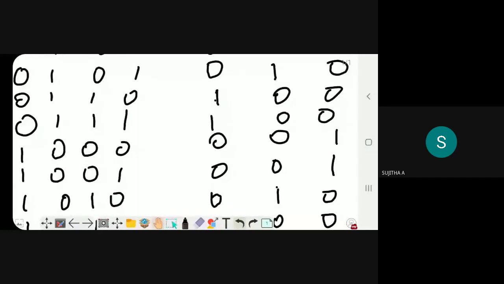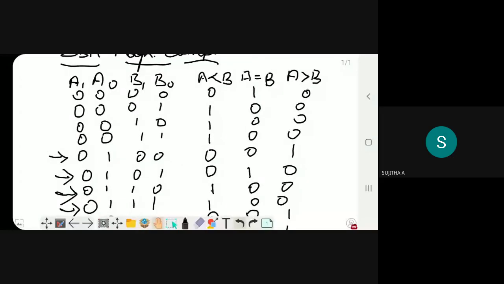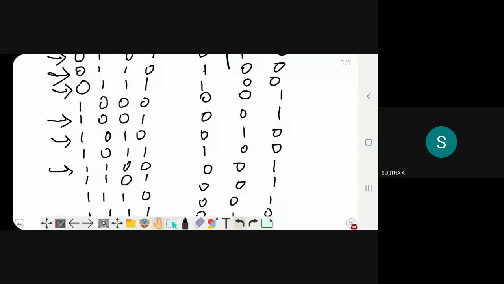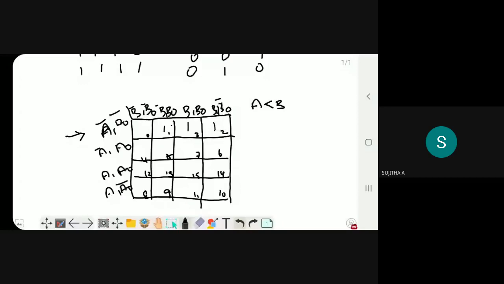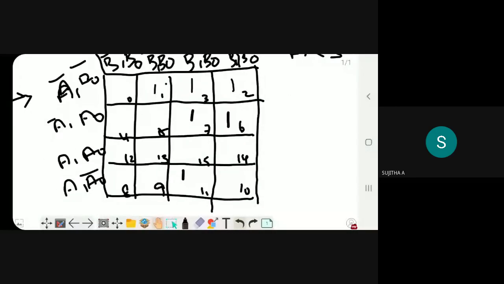If you have any doubt, just mention the equivalent decimal value beside each cell. So 0, 1, 2, 3, 6, 7 and 11. In the places of min terms 1, 2, 3, 6, 7 and 11, I got the value as 1.